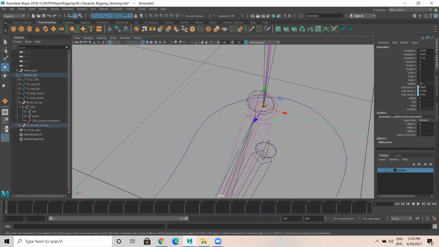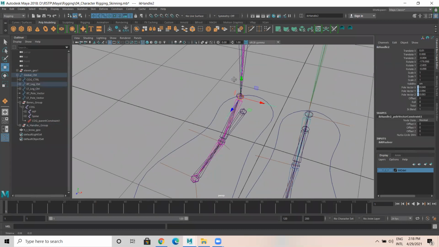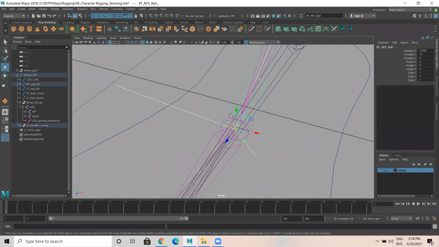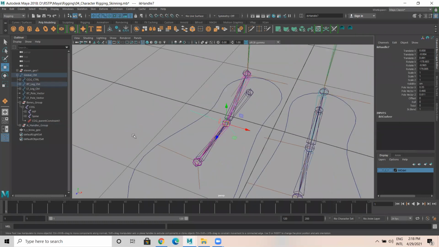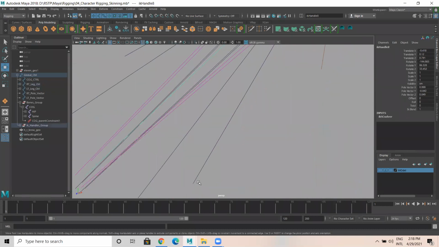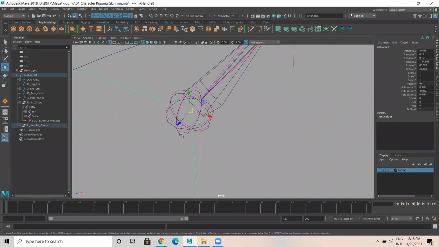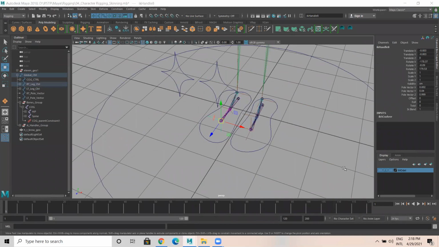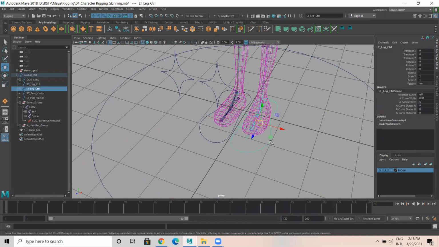Select this joint and the reverse joint, P. Now let me check with the model so that it's fine.